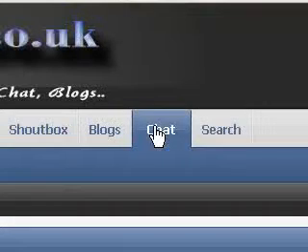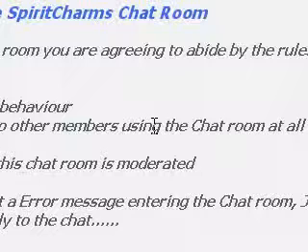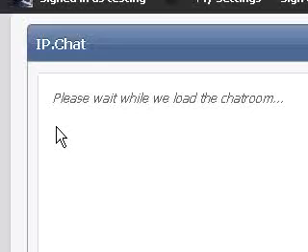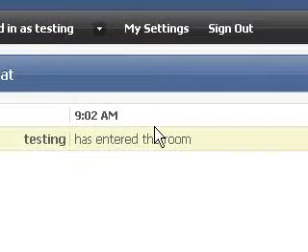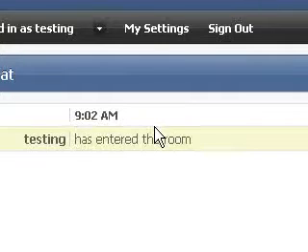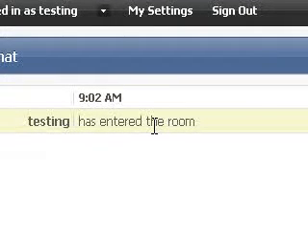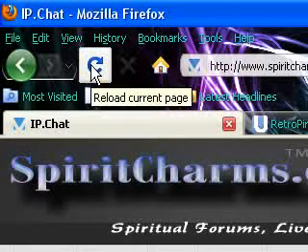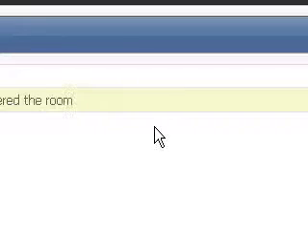Sometimes if you come into the chat room and you press agree, although it won't do it for me now, you might get an error connecting. All this means is that your internet connection hasn't connected up to the chat server, so all you do is just refresh the page, or you can F5 it, and that will keep refreshing the page until your connection gets a connection with the chat servers.